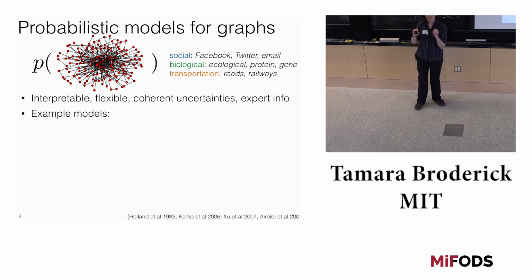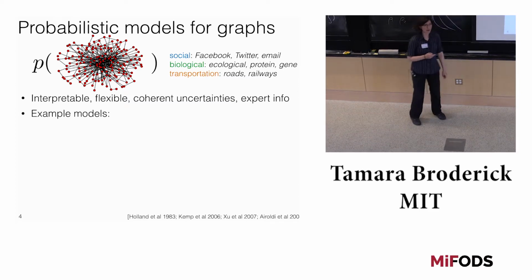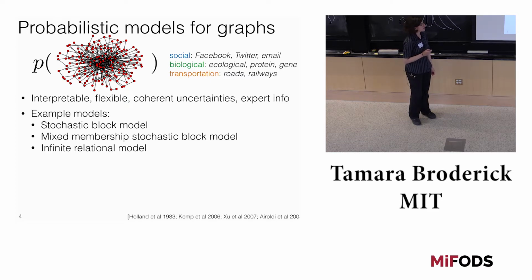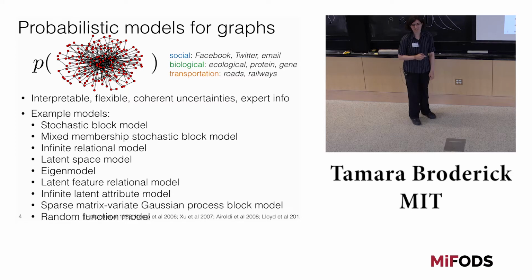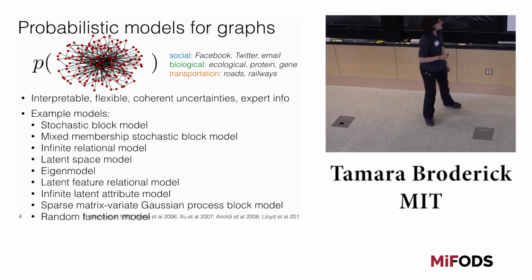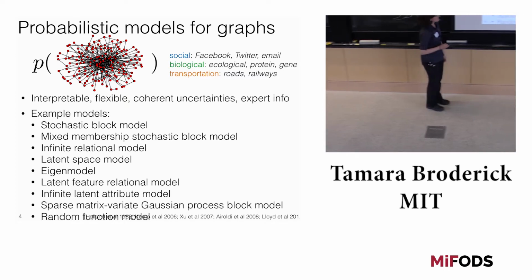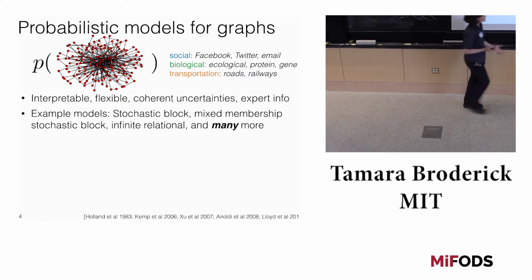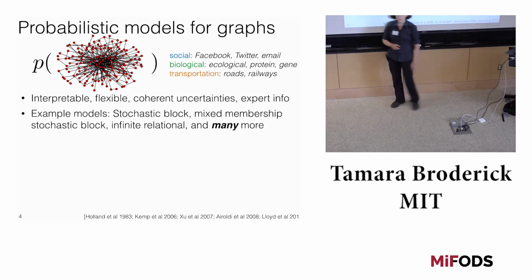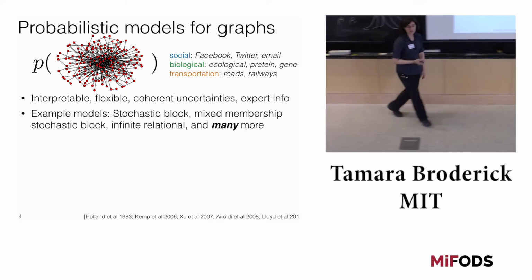Okay, so there are a ton of probabilistic models for graphs. You may have heard of the stochastic block model, the mixed membership stochastic block model. Actually, there's really a ton of these. I could spend the whole hour and a half just going over models of this. So how about you just take my word for it that there are a million of these models. And in particular, if you want to read more about them, there's this nice Lloyd et al. 2012 paper that overviews them. And of course, there have been many more since then.